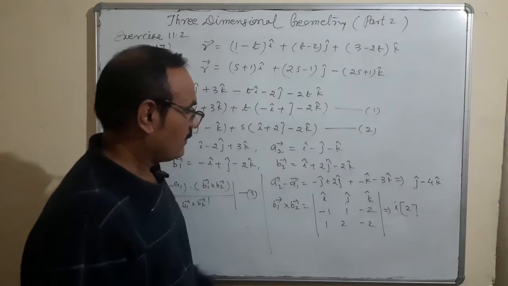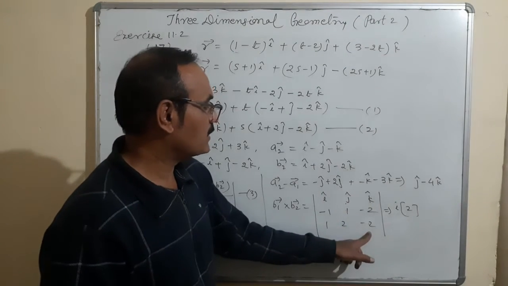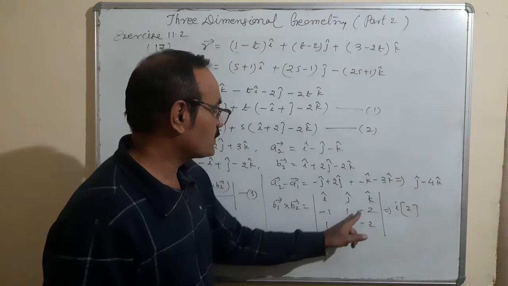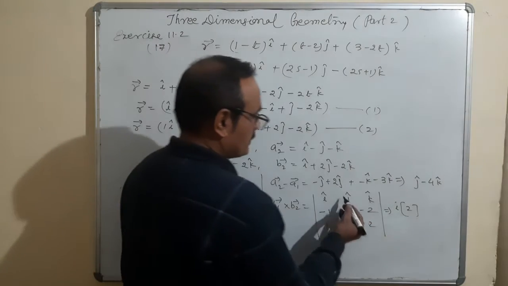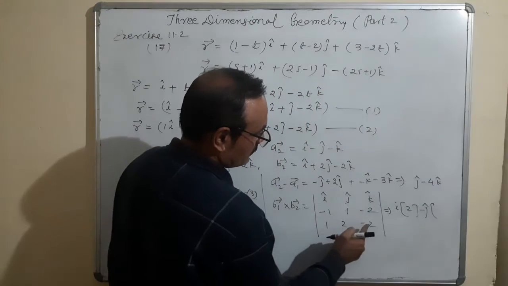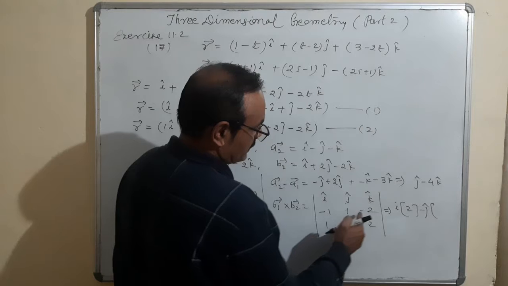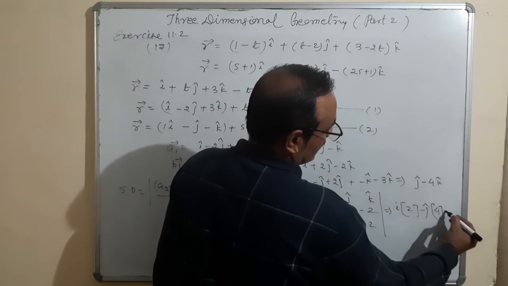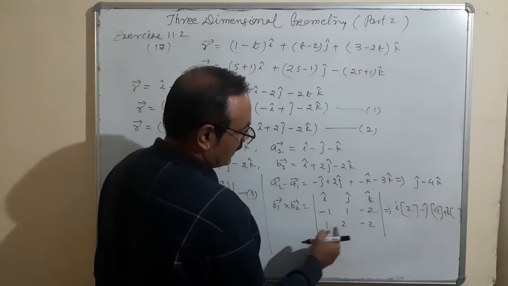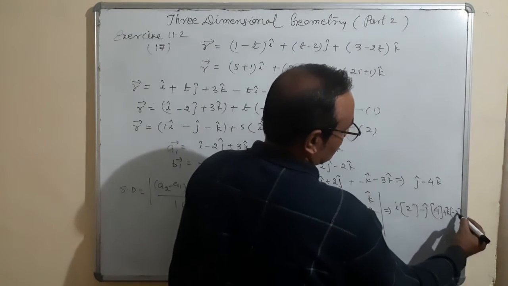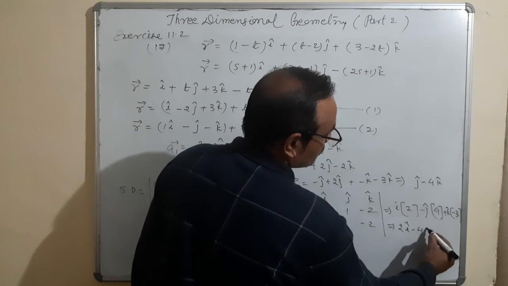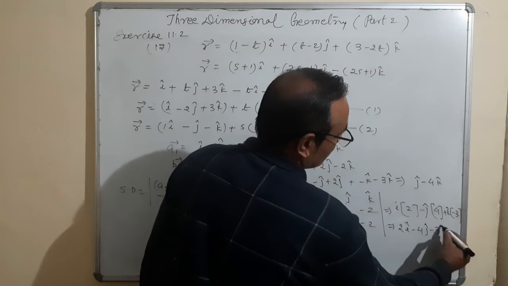Okay. Leaving this column and row, 1 multiplied by minus 2 is minus 2. Minus minus is plus 4. So minus 2 plus 4, 4 minus 2 is 2. Second, always with a minus sign, j with minus. Leaving this column, 2 and plus 2, it is 4. And plus k, minus 2 and minus 1, it is minus 3. So actually it is coming 2i minus 4j minus 3k.